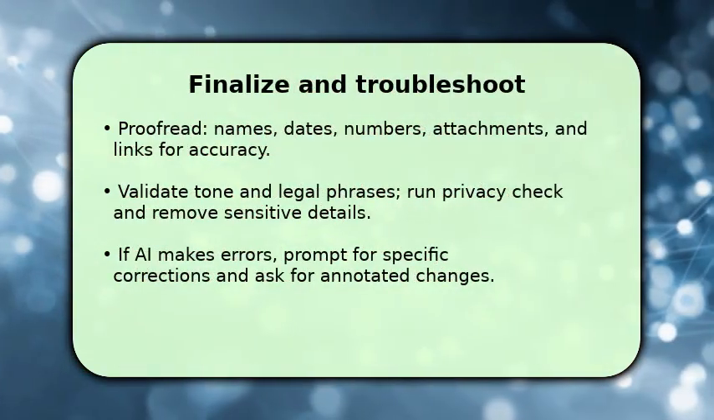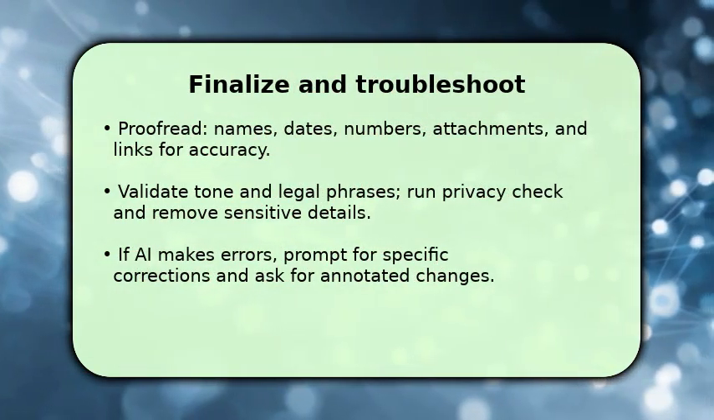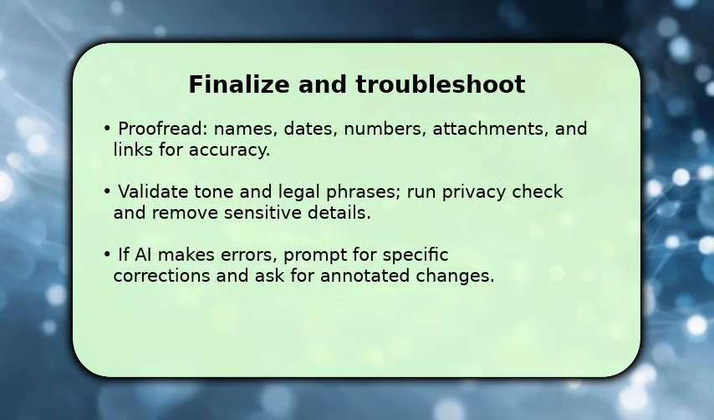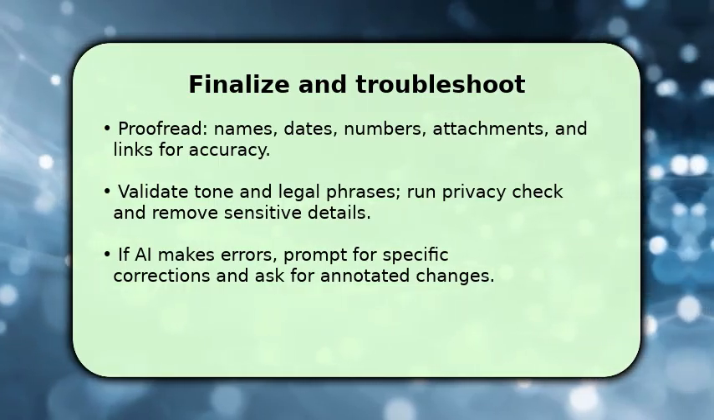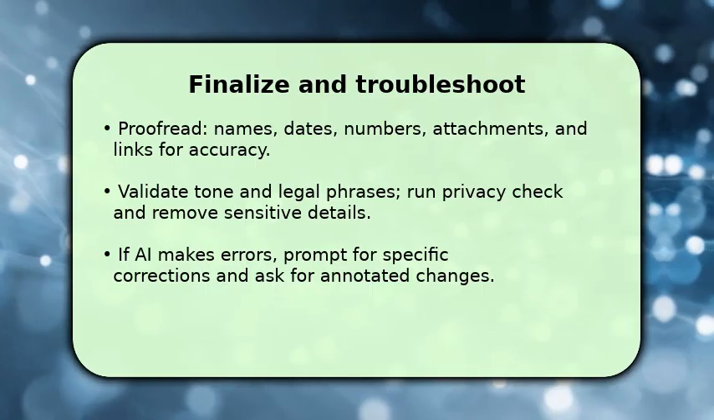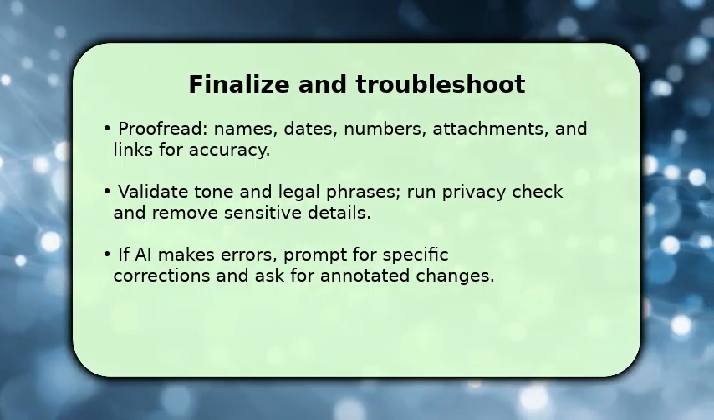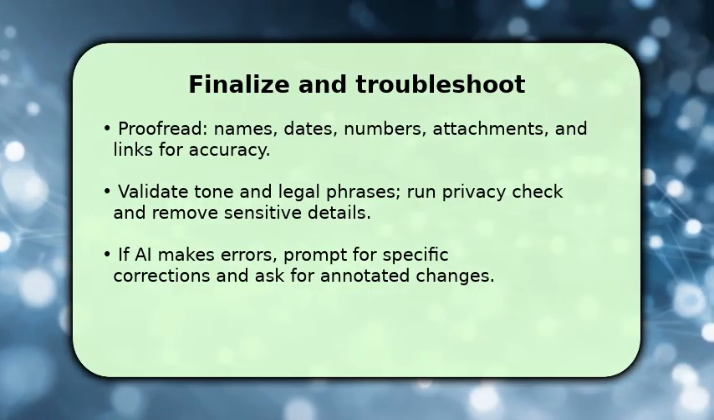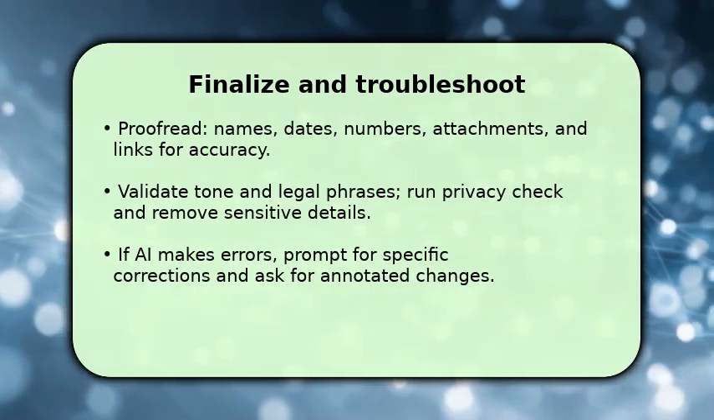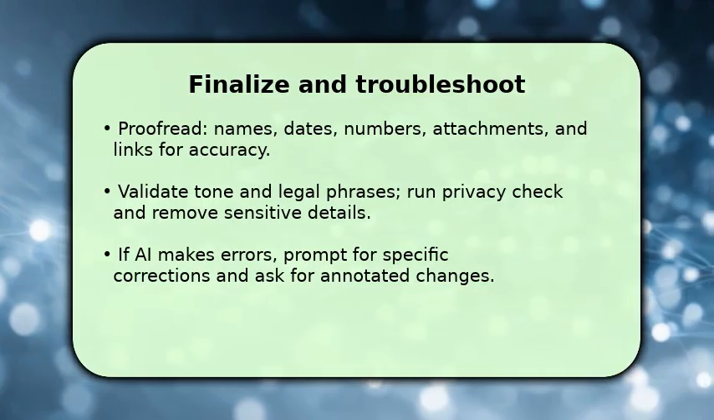You finish by proofreading every factual element: names, dates, numbers, attachments, and links. Once done, verify tone and any required legal or formal phrases and run a privacy check to remove unnecessary sensitive details. If the AI generated errors or hallucinations, tell it exactly which lines are wrong and request corrections or an